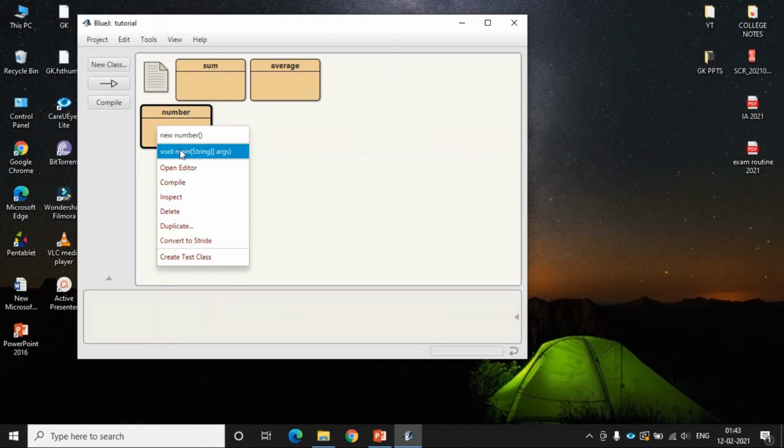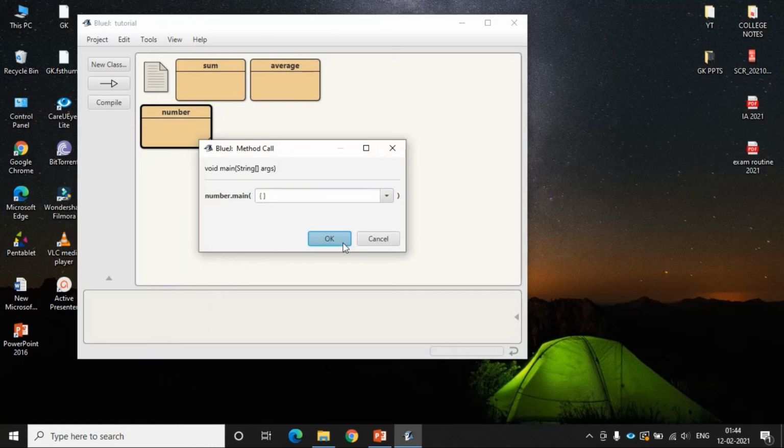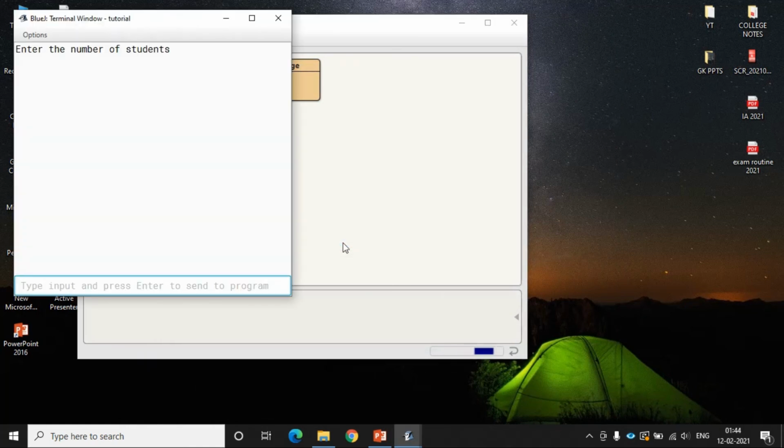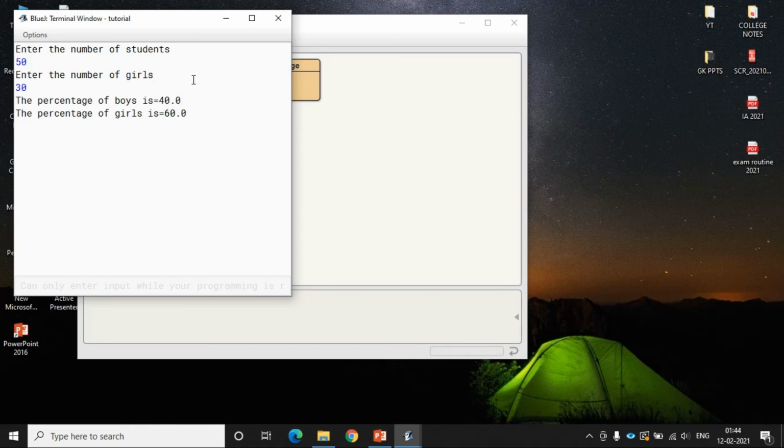Right click, void main. OK. Now here you can see the JVM is working. So the number of students is 50. Suppose the number of girls is 30. So the percentage of boys is 40 and percentage of girls is 60.